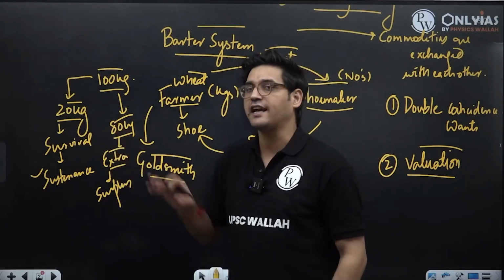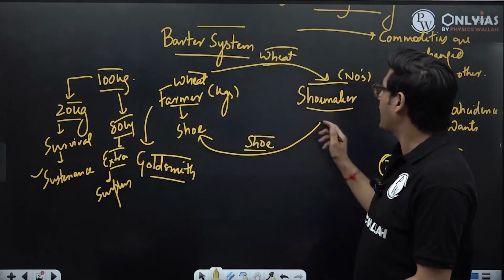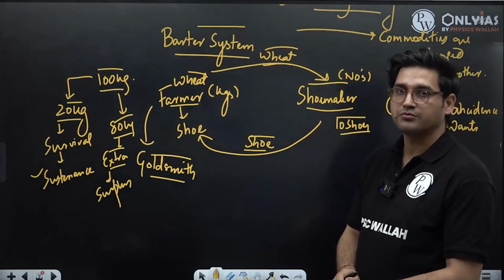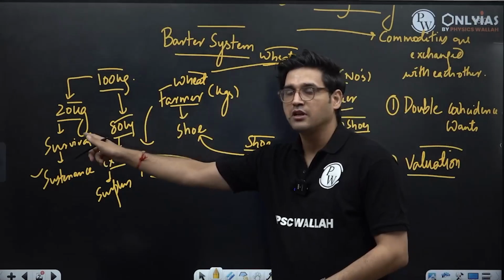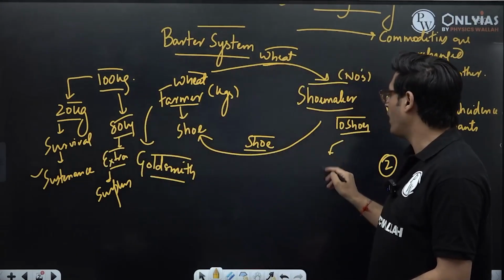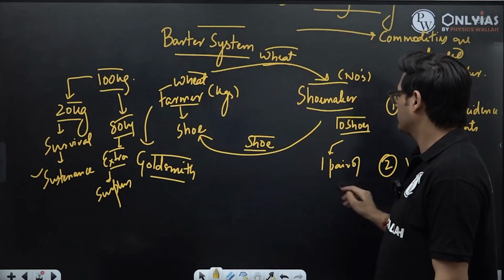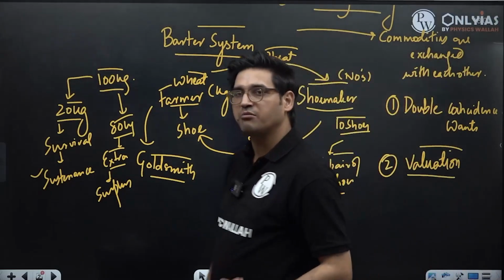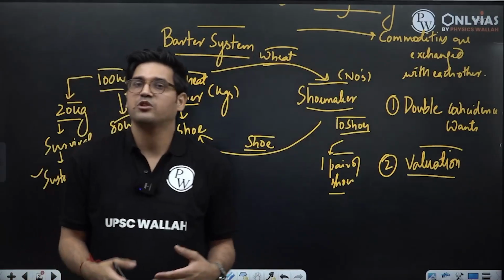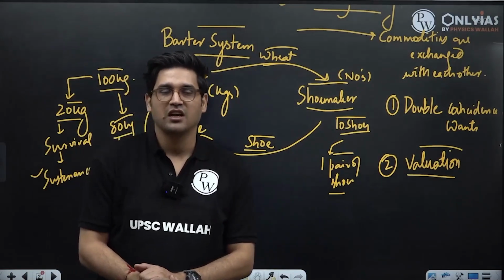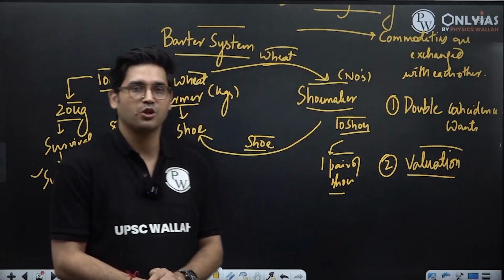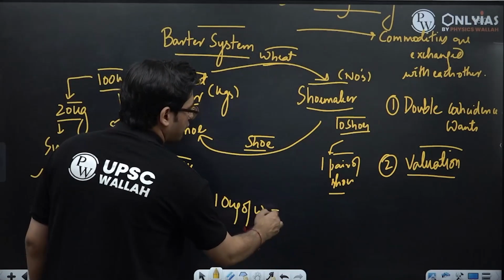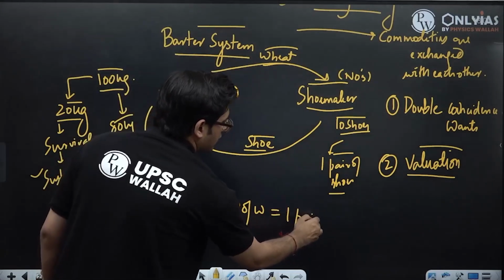Now I have 80 kgs extra. This guy has made 10 shoes. Now when I ask of him, how much are you going to give me one pair of shoes for? And he's going to tell me, oh, what do you have to give me? Oh, what can you offer me? I'm going to tell him I can only offer you wheat. This guy said, okay, I need some wheat. So you know what? Please give me 10 kgs of wheat for one pair of shoes.